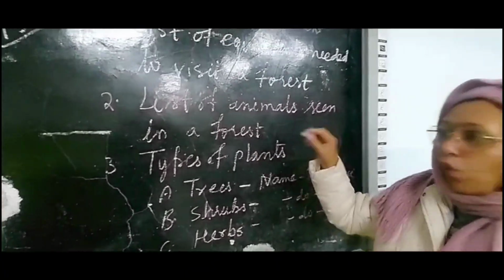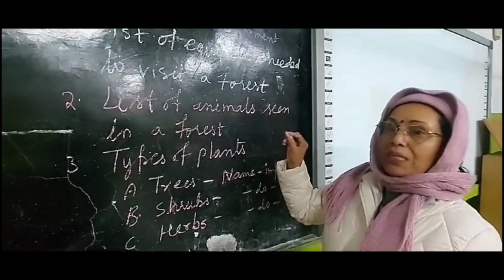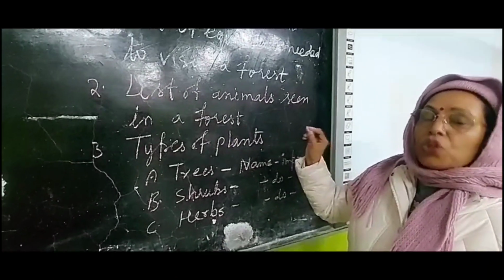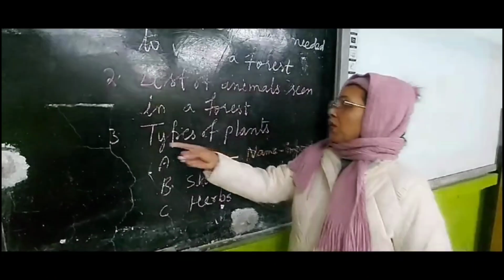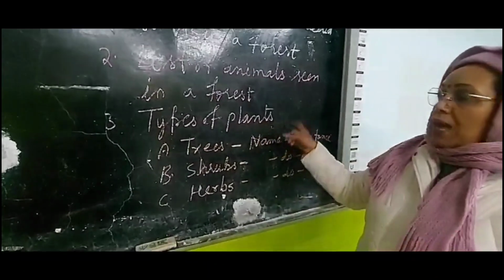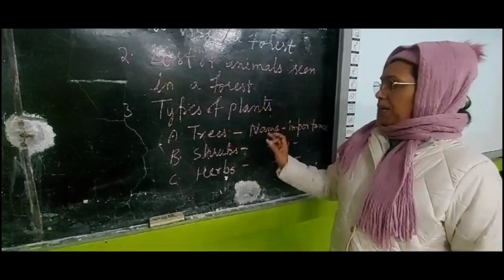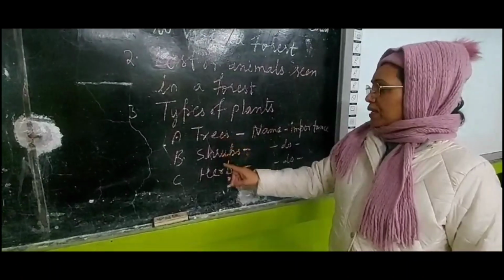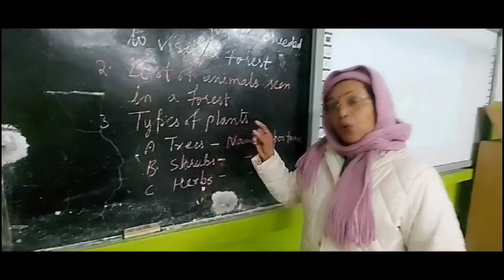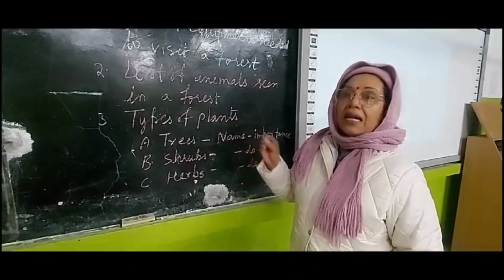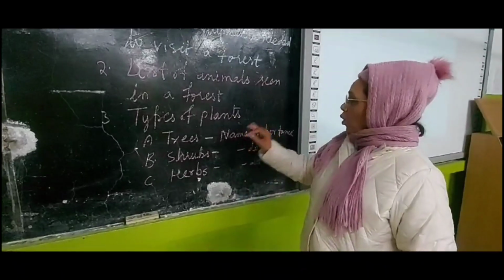Please try to add more animals which are not commonly seen, not in the textbooks, or that are specially seen by you. Third is types of plants. Among the plants, please categorize separately as trees, shrubs, herbs, and also try to include climbers and creepers also. And also write